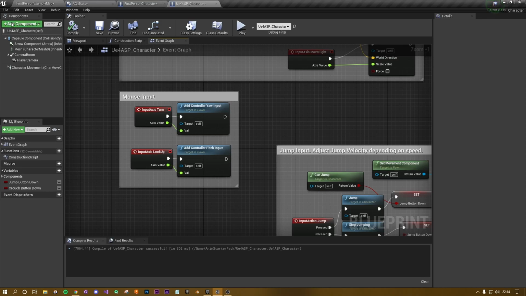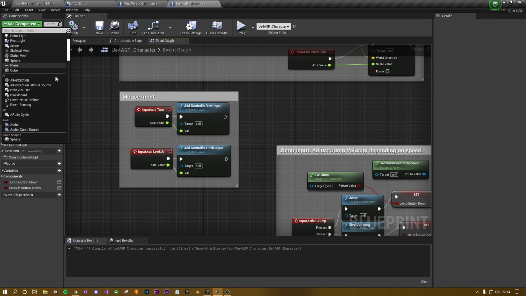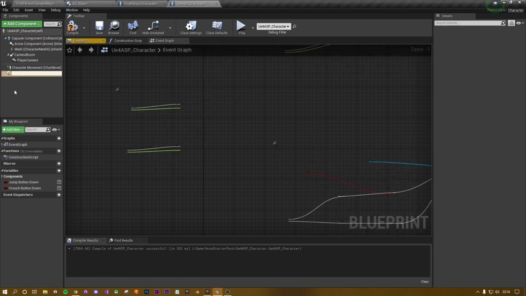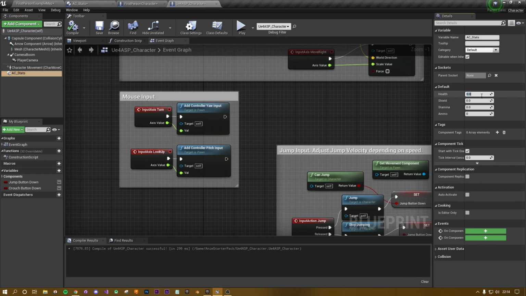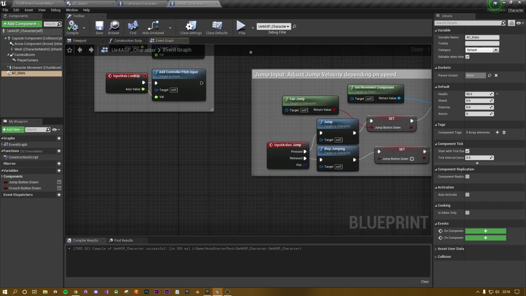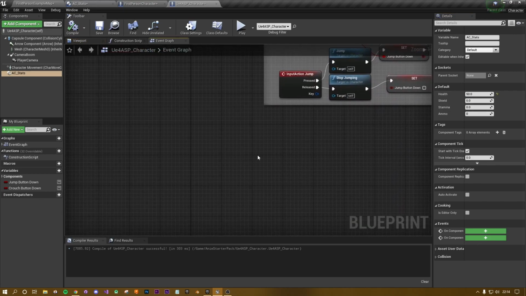This character doesn't have any health at the moment, so if we add a component and scroll down to our custom AC stats and bring that in, our character has now suddenly got health. So we can set that to 50, we can have 0 shield, no stamina, no ammo, doesn't matter. And then with AC stats, what we can do is